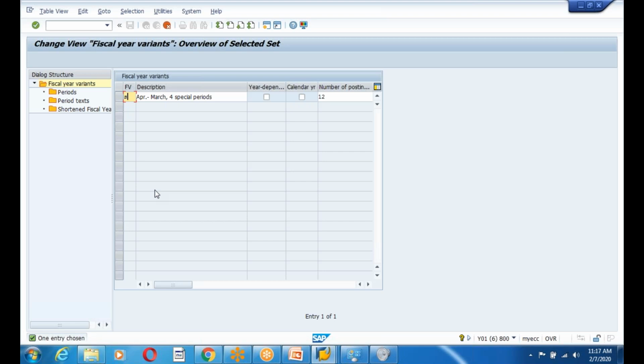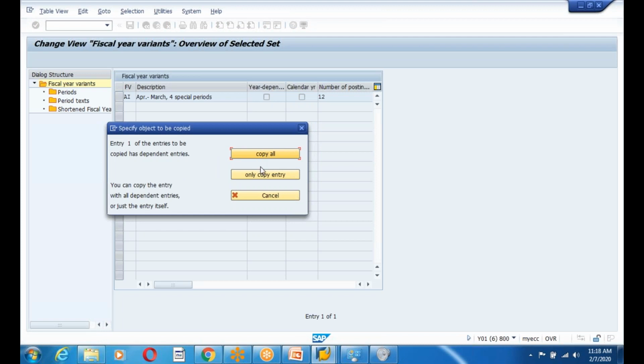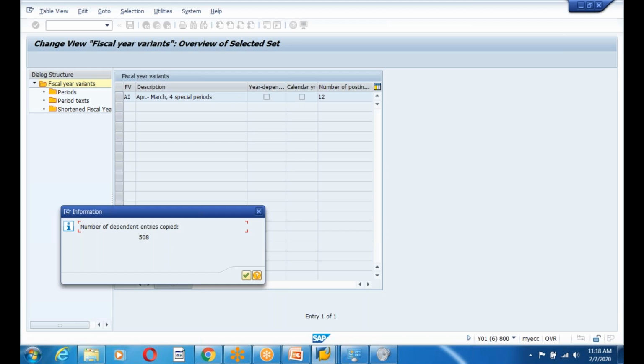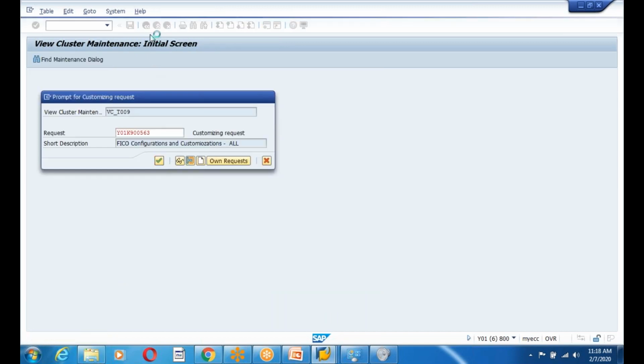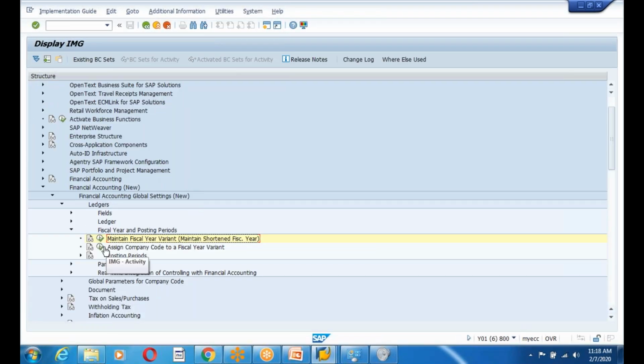this is my Amazon AI. That means it's an Amazon India fiscal year variant, AI. That's it, and whenever you click on copy all, automatically it will copy all the dependent configurations. See, almost 588 configurations which are there in the system, it will copy automatically. Save that, and come back and assign company code to the fiscal